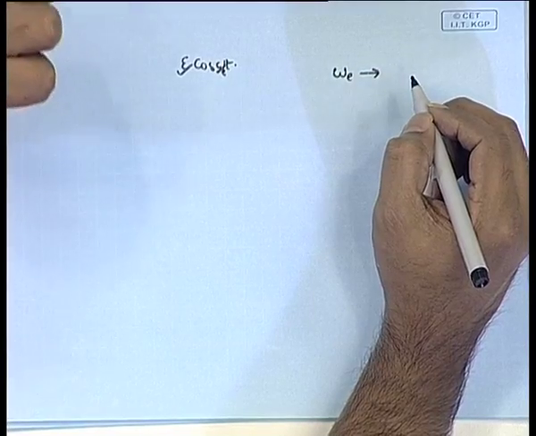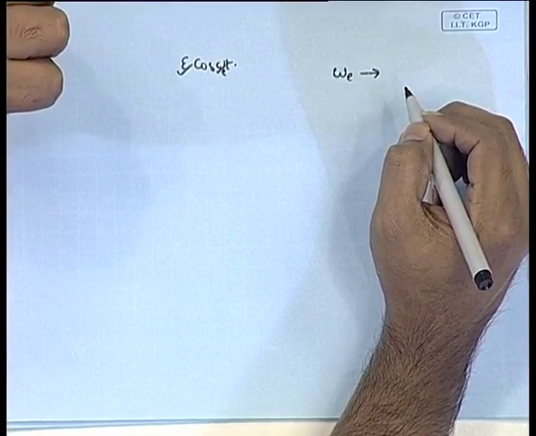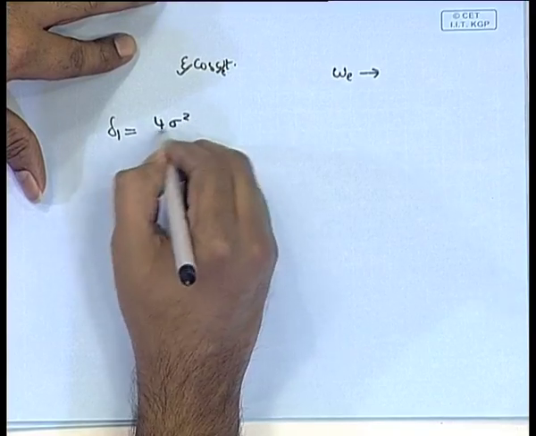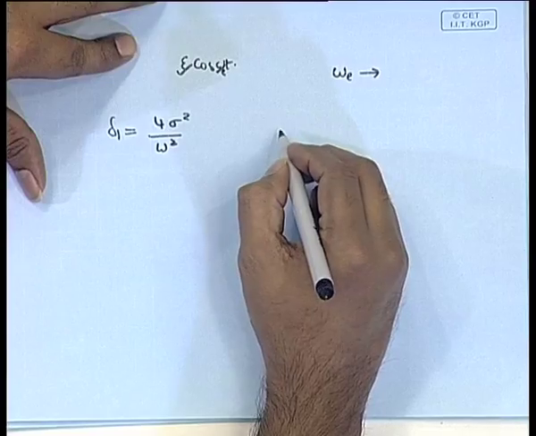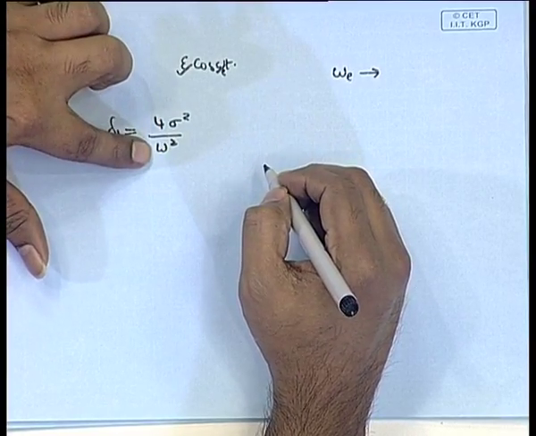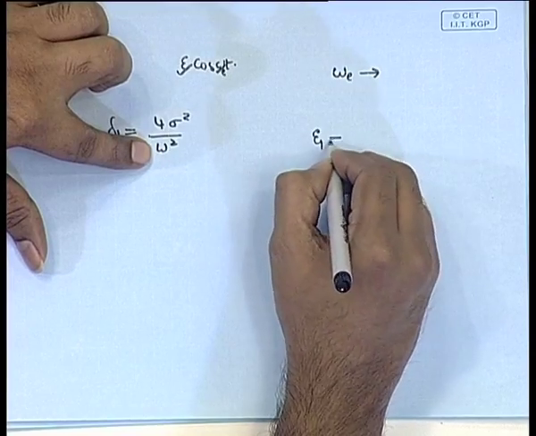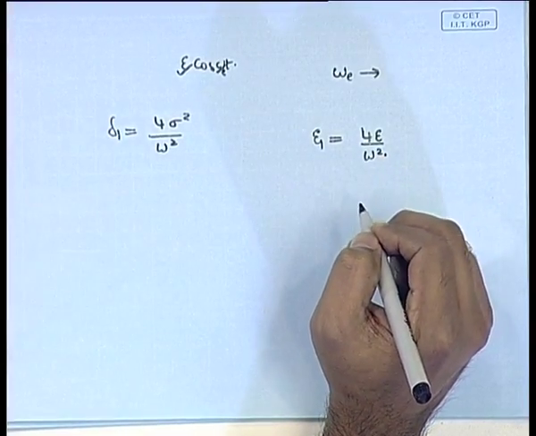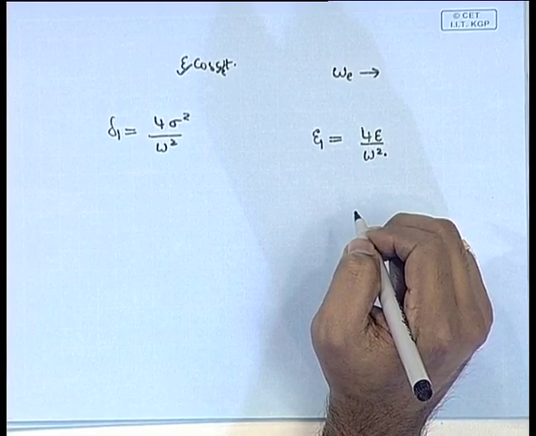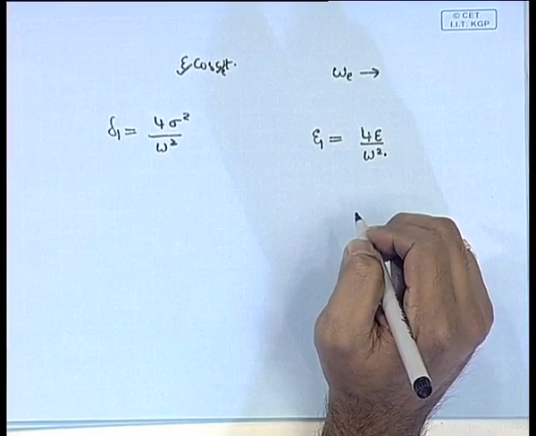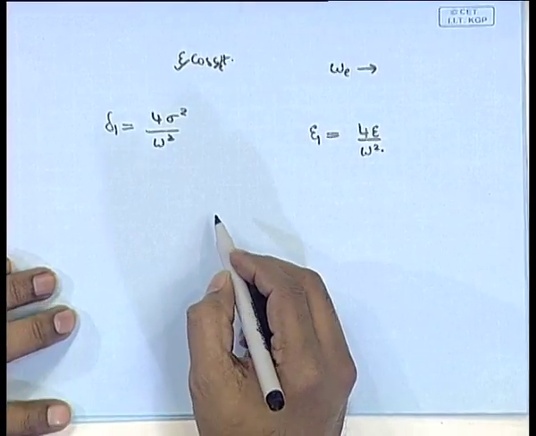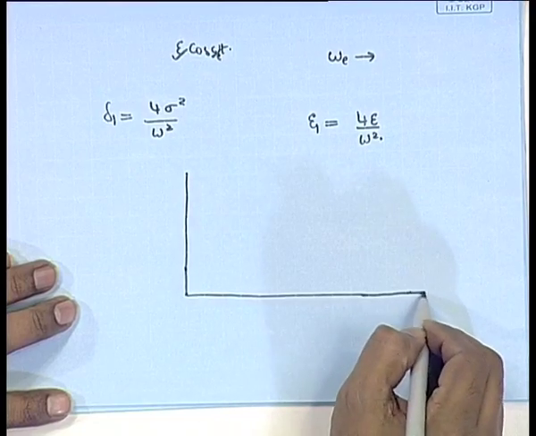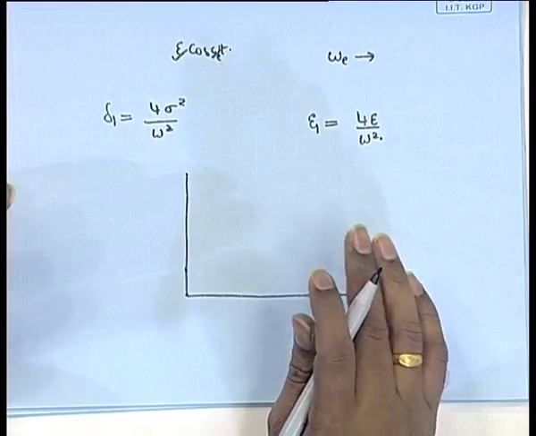Now, therefore, we ended up with a solution which said that delta 1 is equal to 4 sigma squared by omega square. Here we have seen what is sigma, and this omega is the perturbative frequency. Epsilon 1 is 4 epsilon by omega square, again these are all perturbative frequency. Then you will similarly have a Strutt's diagram that can also be drawn for delta 1 epsilon 1. Remember, all we have done in delta 1 epsilon 1 is we have converted